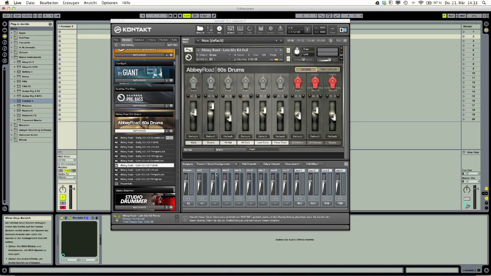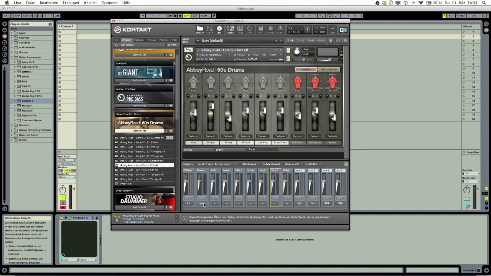which are those. Okay, so for now I have to name them. This would take a little while. Okay, now we name them. Now we have to route those channels to the separate outputs of the Kontakt player.